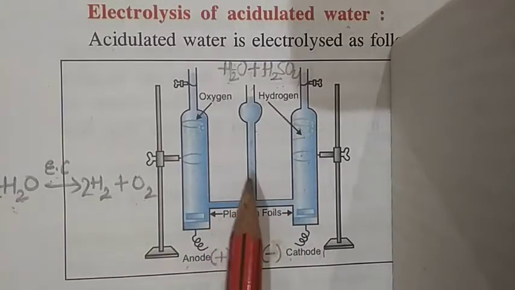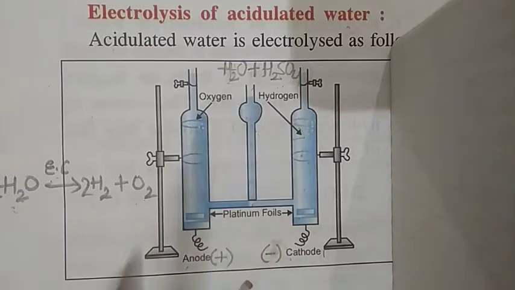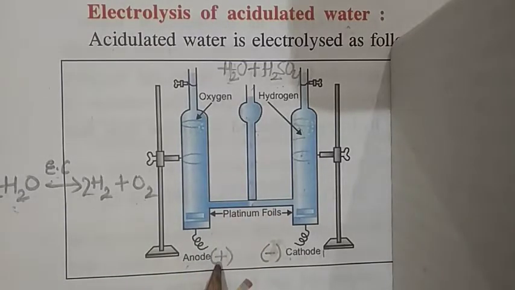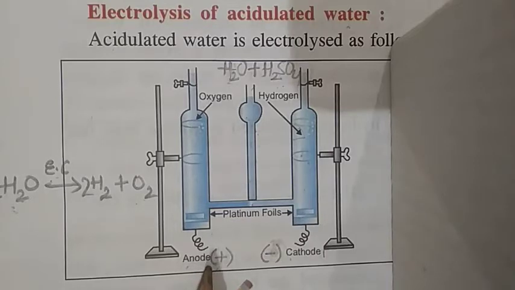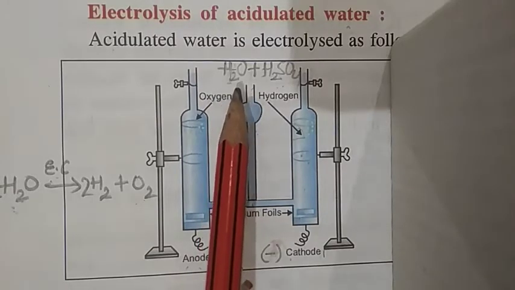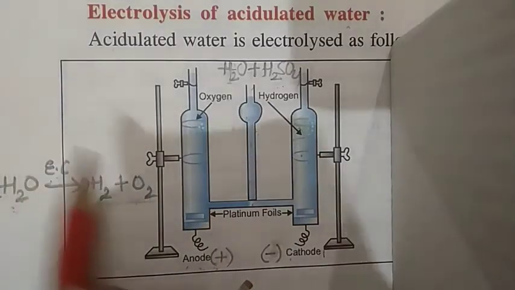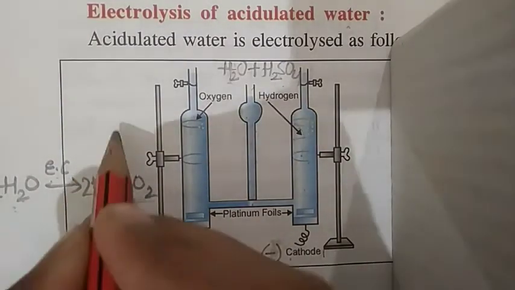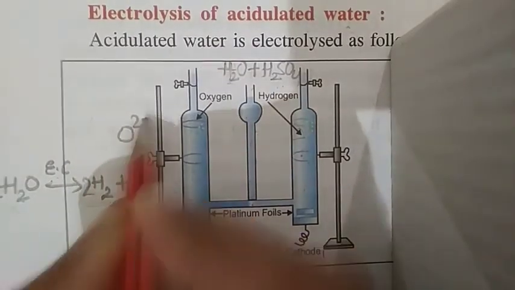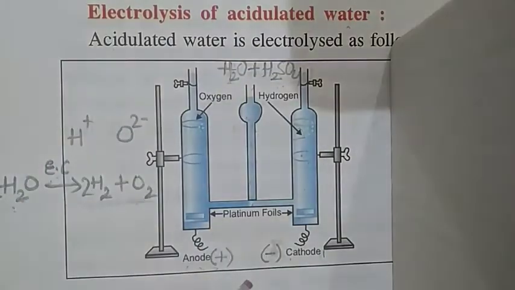So here we are adding the water molecule along with a strong electrolyte which helps in the ionization of water molecules. As we know, positive and negative attract each other. So the anode is the positive terminal of the battery. After the ionization, when the water molecule breaks down into its constituent elements, what happens? We know that oxygen is electronegative in nature, so it is O2 negative, and hydrogen acts as a cation, means H positive. So negative and positive attract each other.